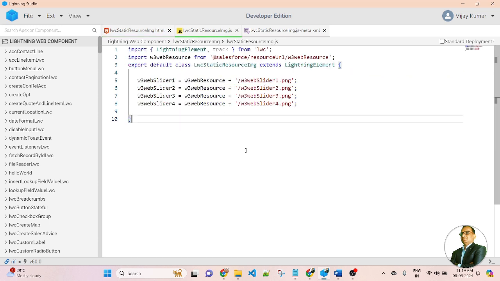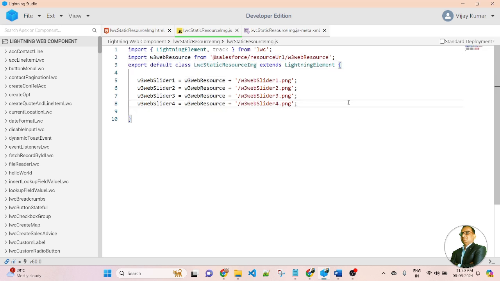This is the component JavaScript file. So first I am importing the static resource image. So friends, if you want to access a static resource image from Salesforce, first we need to import the library. So here you can see first I am importing the library @salesforce/resourceUrl. This is important. This is the name of the library and this is the name of the static resource. And here I created an import variable, and here I am importing a static resource from this library into the LWC component.